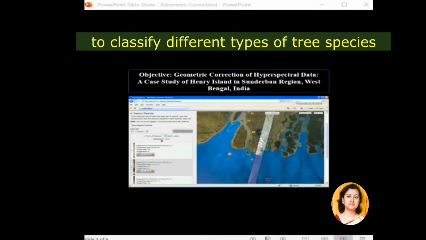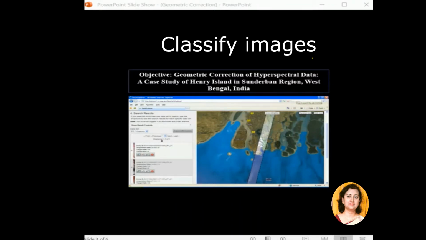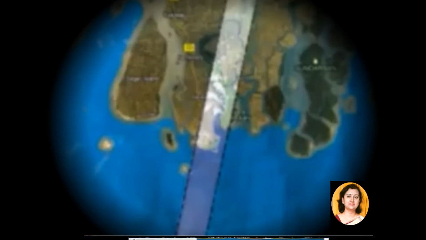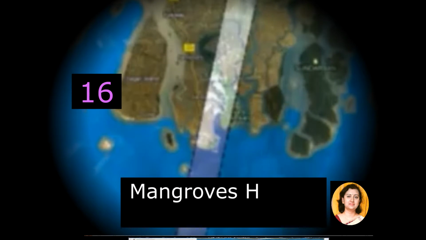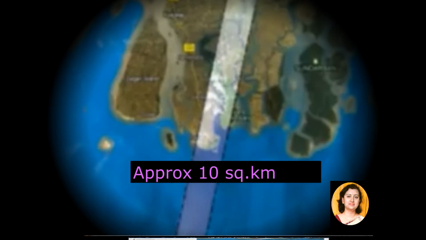Because once you are able to solve this problem, it will be very easy for you to identify objects or classify images, where you have to just perform broad classification of images. And okay, so as a case study, the pristine mangrove habitats of the Henry Island has been selected, and this area is approximately 10 square kilometers in area.